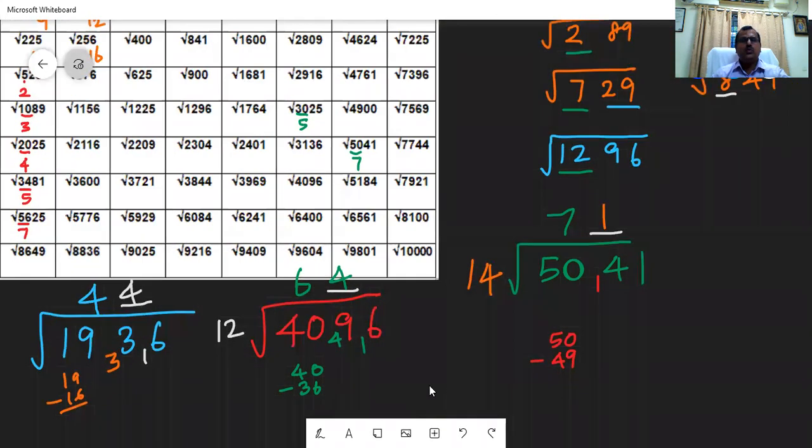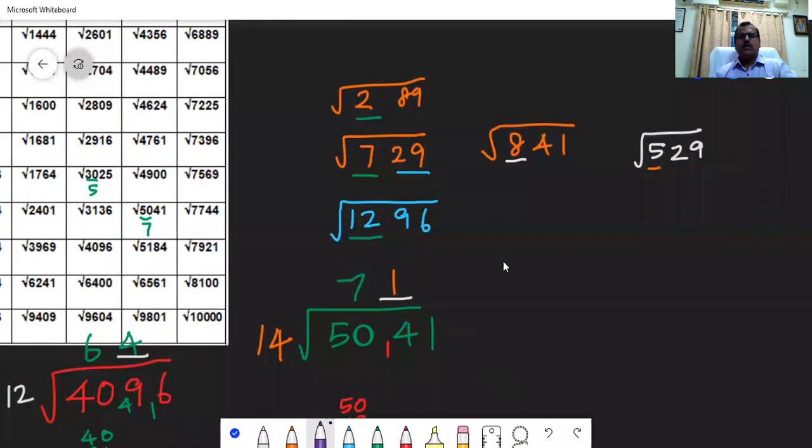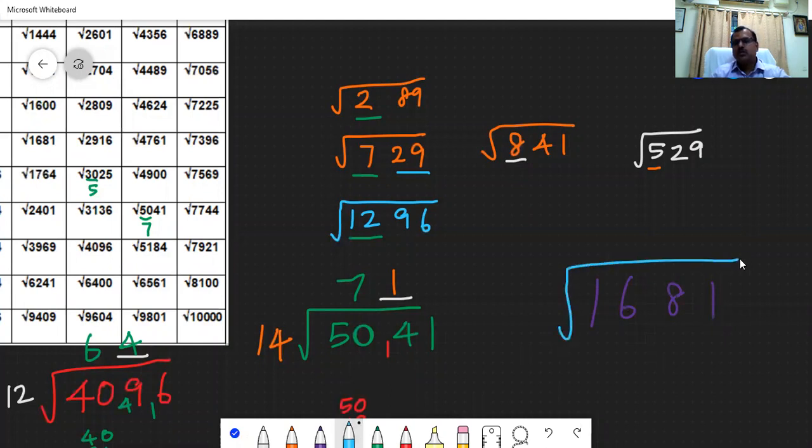Anyway, I am going to teach you with a new number from the beginning. Listen carefully. My number is 1681. What is the first part? For the 16 it is 4. 4 fours are 16, no remainder. 2 fours are 8. Number of 8 in 8 is 1. 1 square is 1, from 1 is 0. So the square root of 1681 is 41. Let's come to one more problem.